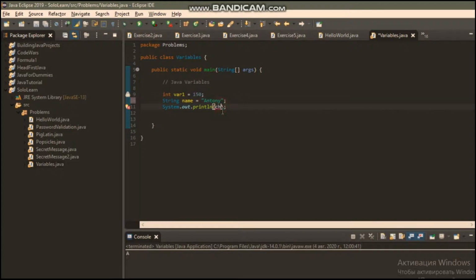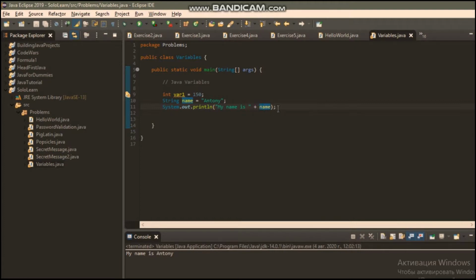So if you want to output this name, type my name is, and put a space. And if you want to join that name, we use a plus sign, which is used to concatenate, to join, and you put plus and the name of the variable. So now it should output my name is Anthony. As you see, guys, here it outputs my name is Anthony, and we use the plus sign to concatenate two strings,